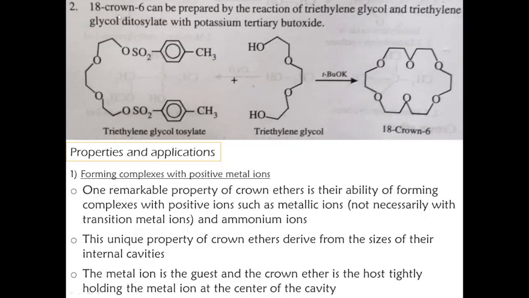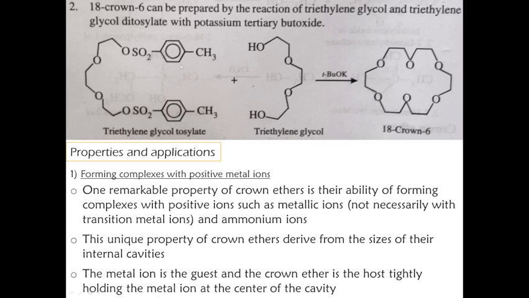The second preparation, of another crown ether molecule, is 18-crown-6. 18-crown-6 is prepared by the reaction of triethylene glycol. This is triethylene glycol: one ethylene group, two ethylene groups, three ethylene groups. So CH2CH2OH repeated, that is triethylene glycol, and triethylene glycol